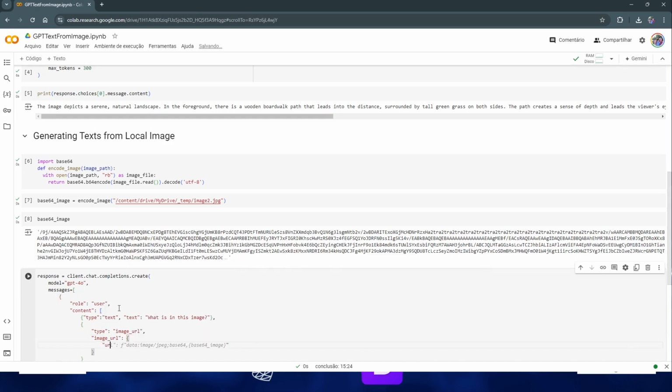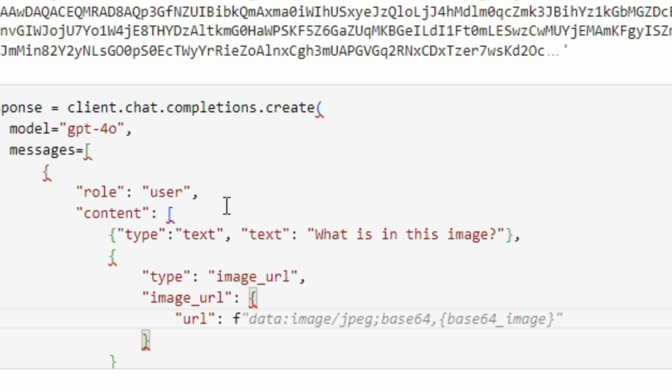In your URL property, put f data:image/jpeg;base64, and send the base64_image variable.